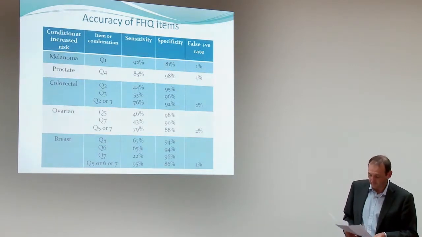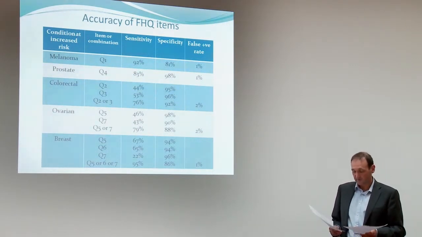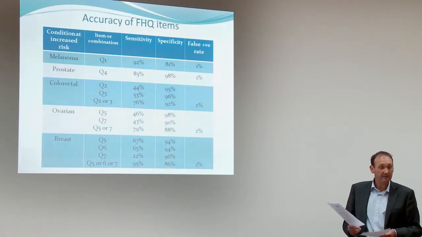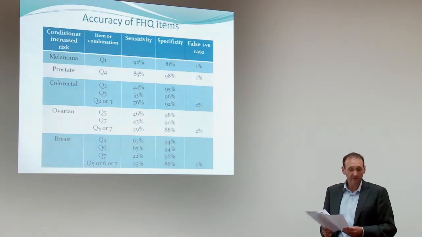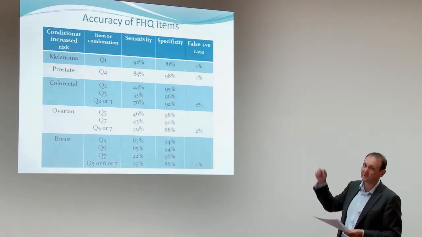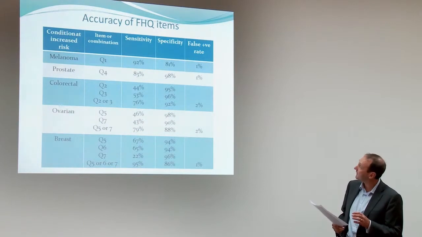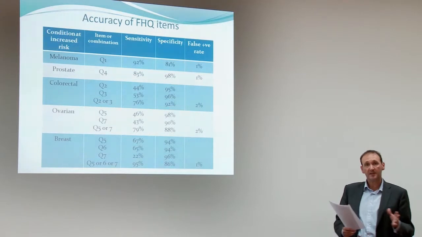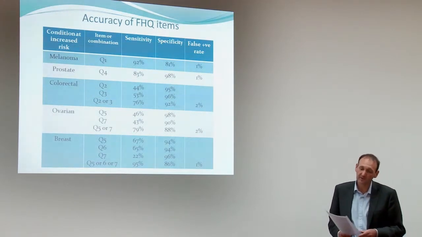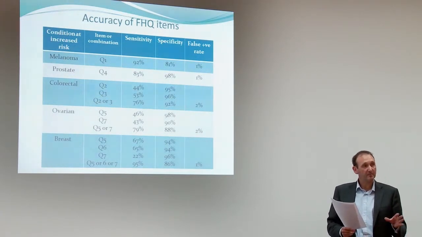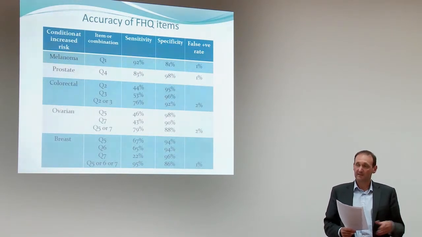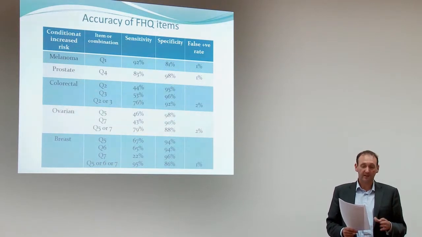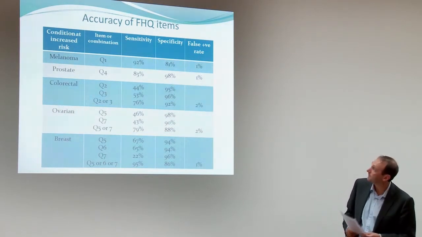The next question 4, which is the prostate cancer question, again performed pretty well, 83% sensitivity, 98% specificity. The false positive rate is just to give you a feel for it. We got very few false positives as a result of these questions, and so in the context of the work that we're proposing, very few people who will be invited back in to have a more detailed discussion of their family history will be false positives. They will very likely have a significant family history.